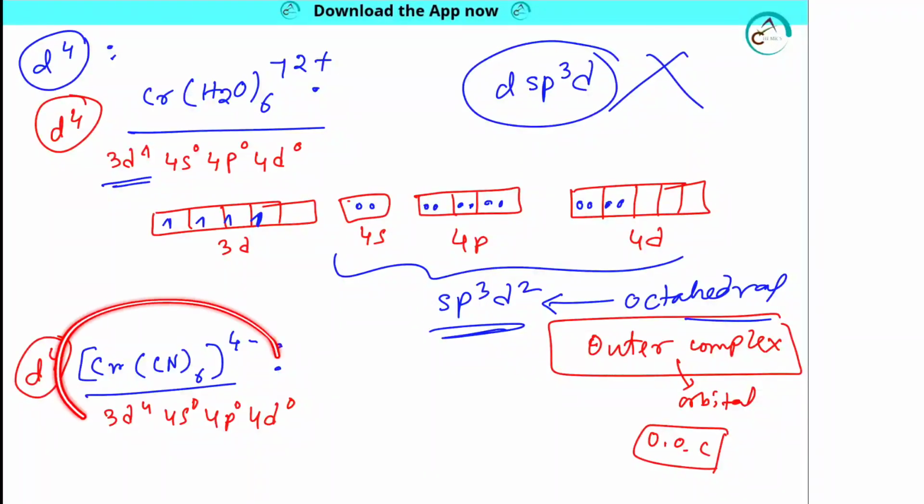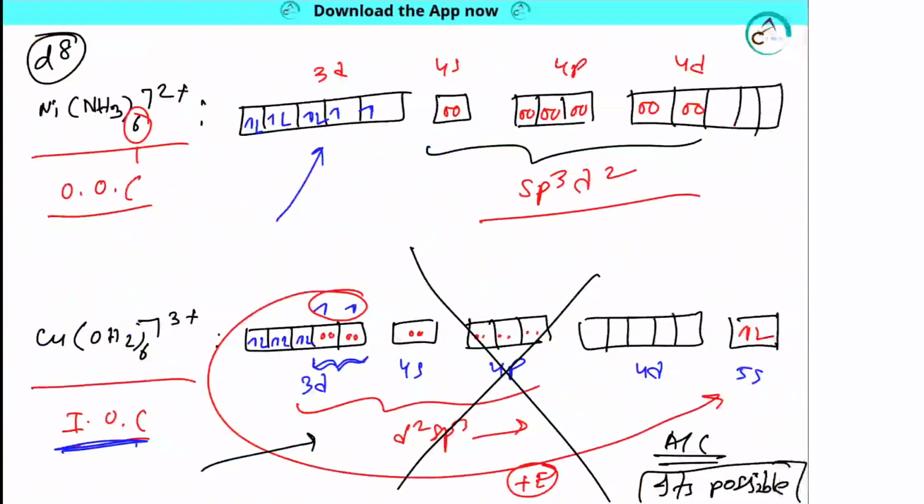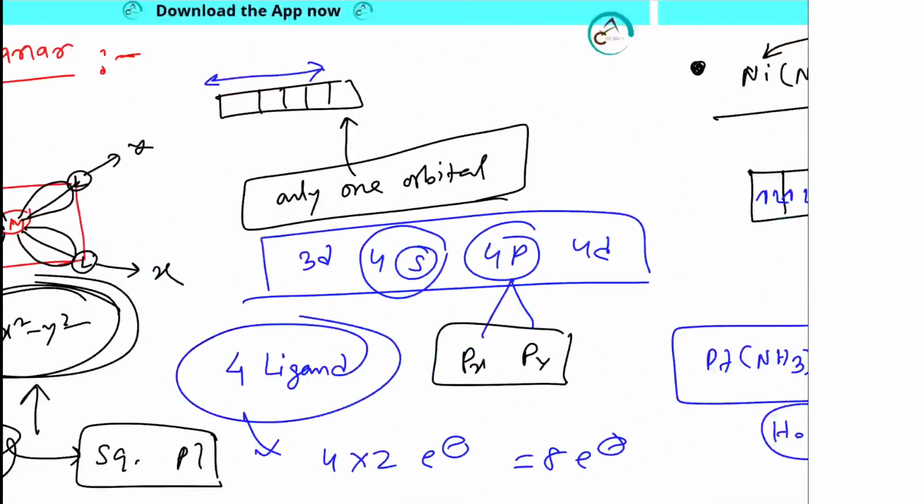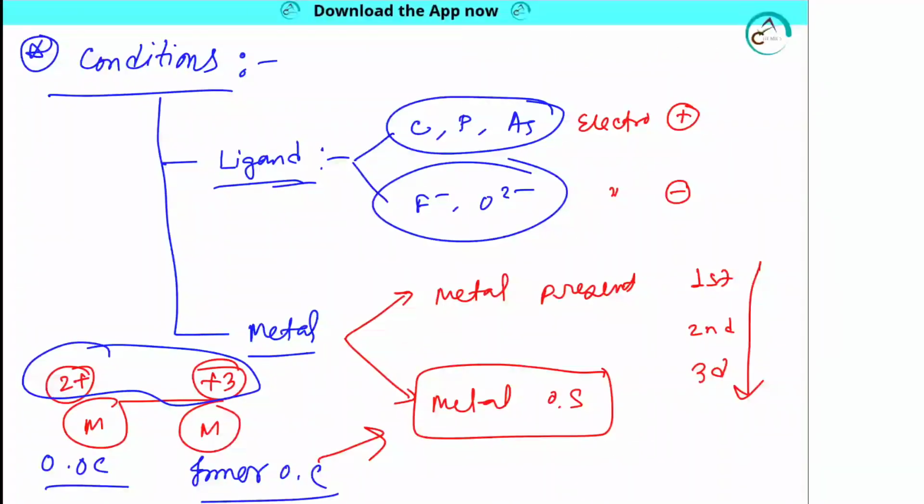Okay, now here I hope you have got the point, that higher oxidation state metal will allow the system to form inner orbital complex, and lower oxidation state metal will allow the system to form outer orbital complex. So now we have another point to discuss, and the point is the metal. Okay, metal present. So the simple thing, go to first transition series to second and third transition series, then you